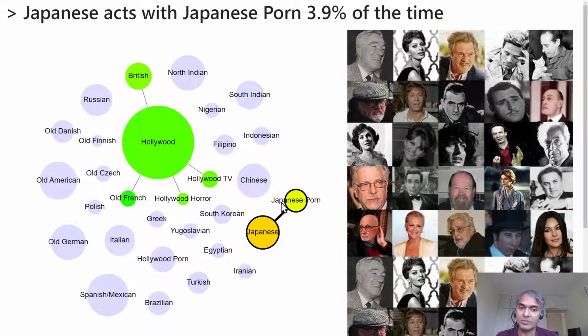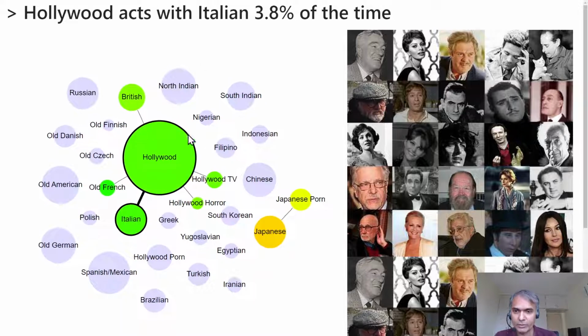It's interesting that Japanese porn is almost a separate cluster in itself, with all of these actors acting only within themselves, and the Japanese mainstream actors acting only within themselves. There's also a Hollywood porn cluster, which is actually so distant from Hollywood that you'll find that it connects to Hollywood pretty late. We'll come to that. But this is the first independent network, or pair of clusters, that are connected outside of Hollywood.